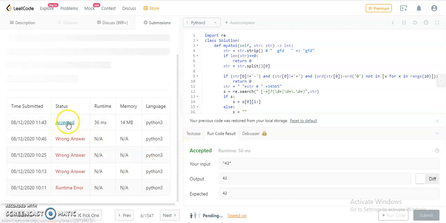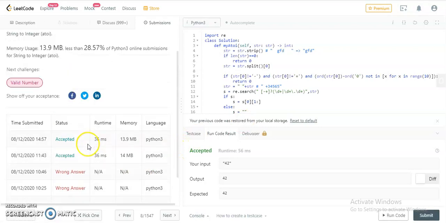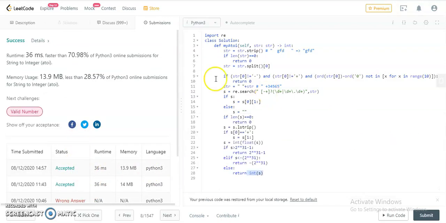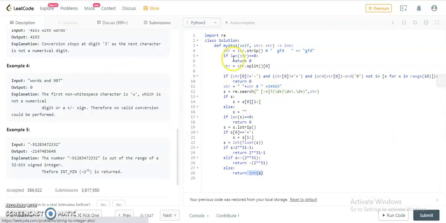See here, before getting accepted, my answer had to go through so many wrong answers, right? Now it passed, and definitely it's not an easy problem because there are so many boundary cases you need to consider. So go through this code, do some modification if you want by yourself. First try yourself. First try to check what could be the boundary cases. If you get stuck in satisfying any boundary case, just go through this code and it will definitely help you.